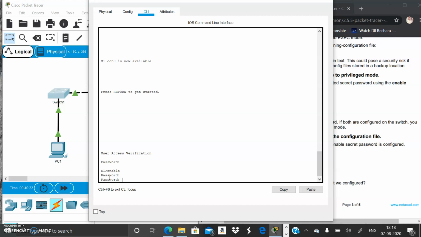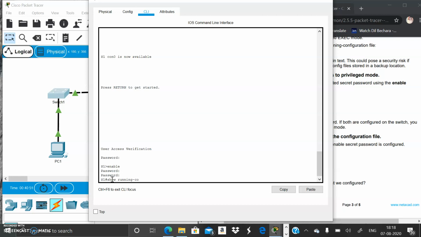Now when you see here, it is showing the password prompt again because we have entered enable secret after configuring C1$C0. Now I am entering, it's a secret. Now we have entered into the privileged exec mode. I hope you understand. Next, show running config